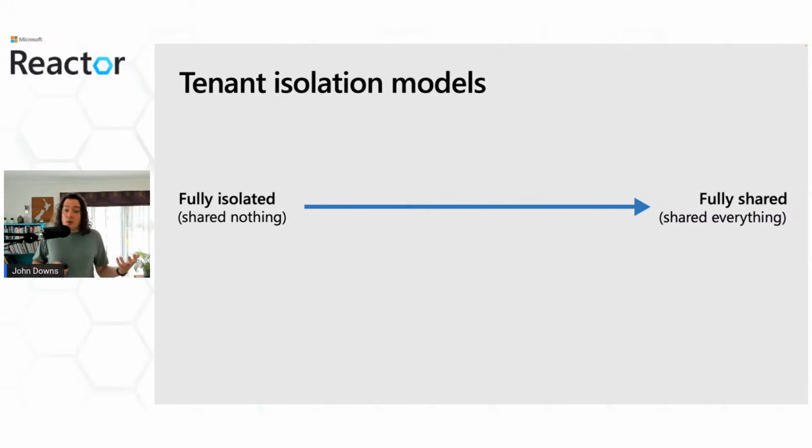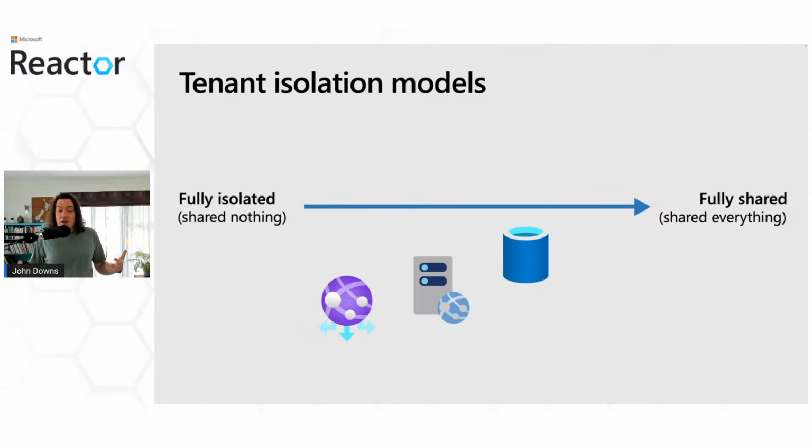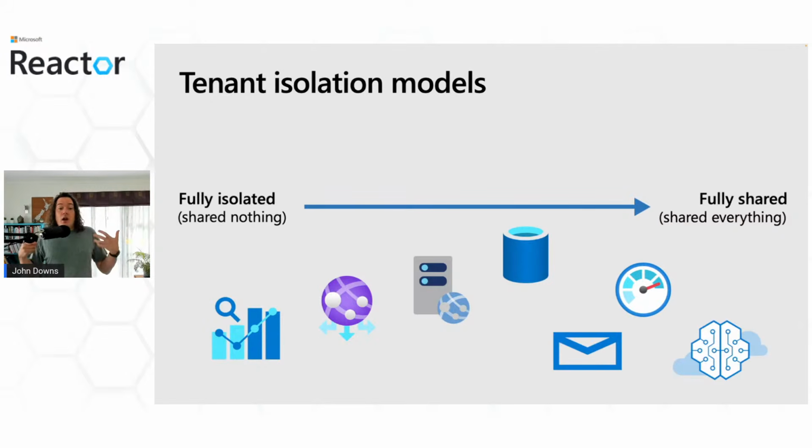And in this example, we've just considered a really simple architecture with a web server and a database. But this decision can get a lot more complicated when you start to introduce other resource types. So you can think about whether you share or isolate resources like networking and monitoring and logging, data analytics, machine learning models, messaging, identity, and even IoT services. Each of these categories has their own separate set of considerations and concerns, which we talk about in our guidance, and I'll cover some of these in more detail soon.